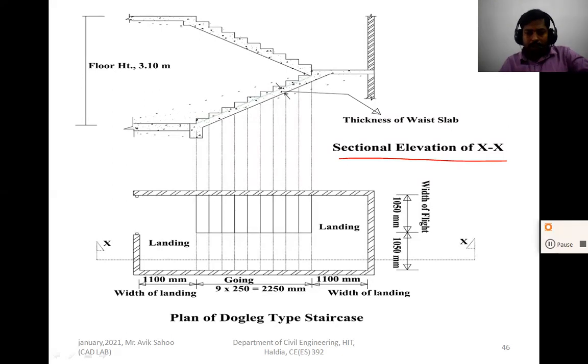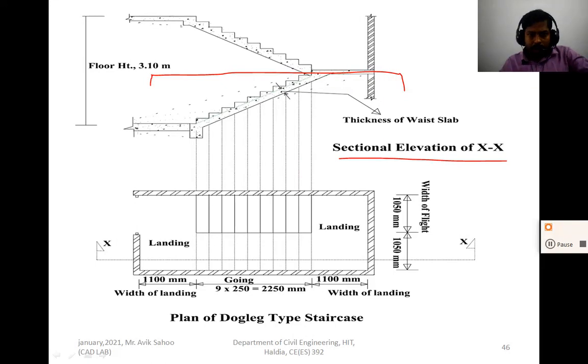Again, the plan view we considered at the middle of the landing. This is a reference horizontal plane. From this horizontal plane you look down, you see from top. Then what do you see?